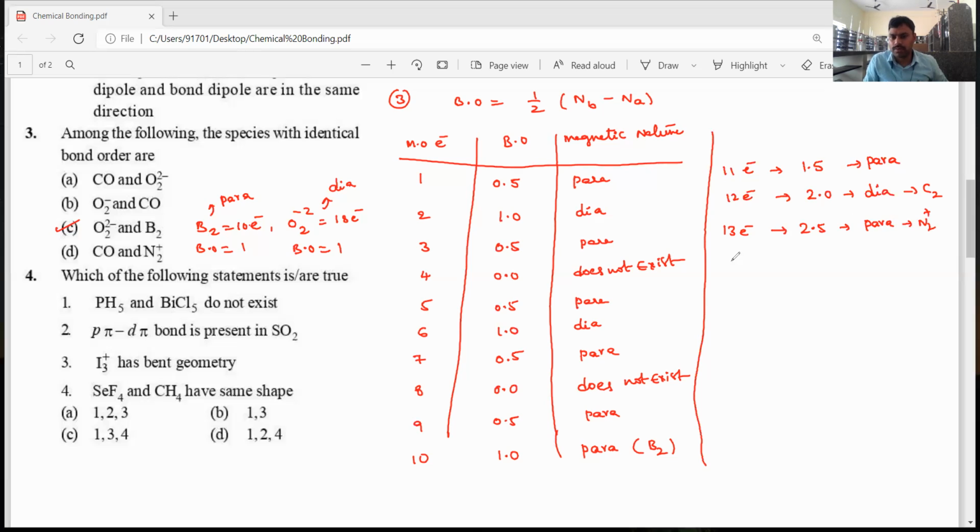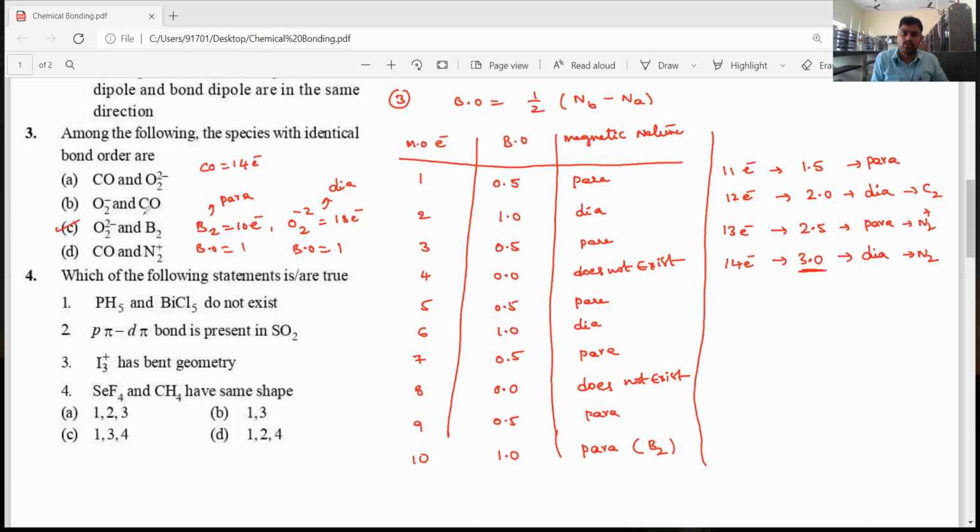Okay, and CO+ has 14 electrons present, the bond order is equal to 3.0, and it is diamagnetic in nature. So this is the highest bond order in diatomic molecules. In diatomic molecules, the highest bond order is 3 only, for example N2, and diamagnetic nature. Okay, students, CO also has 14 electrons present,